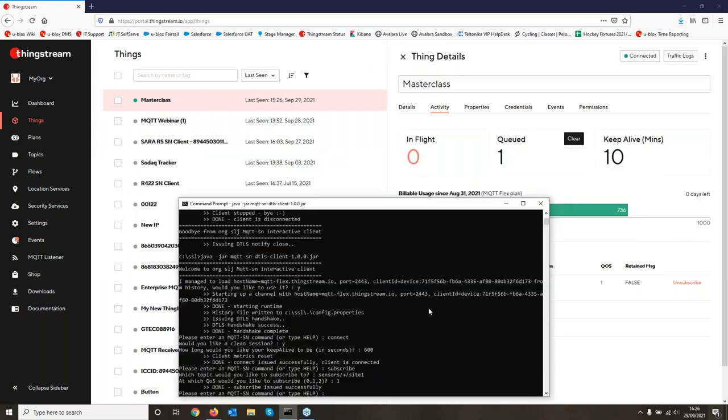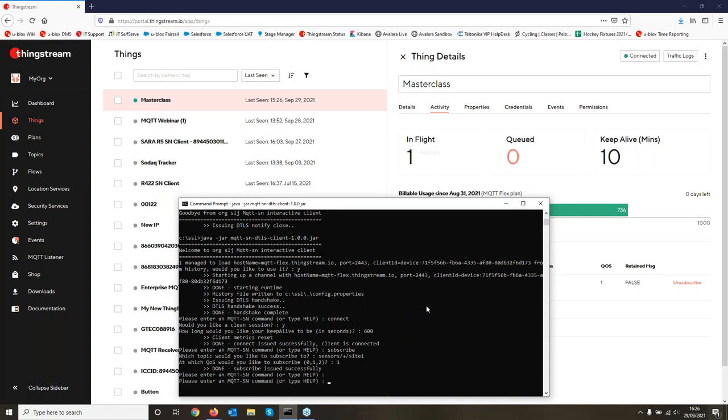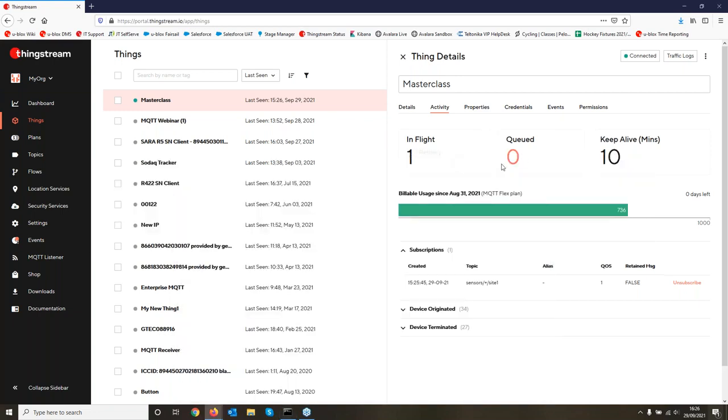If we look on my client, then we'll see that the message will arrive momentarily. We'll also see here on the broker that the queued message count has moved, and I now have a message in flight.